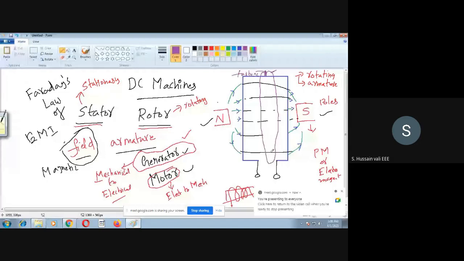Why does the coil rotate here? Because the coil is on the magnetic core. Now the magnetic core is connected to the turbine. The turbine is now rotating. Why is the turbine rotating? I told you that it depends upon, for example, if it is a wind turbine, then when the wind is flowing, the turbine rotates.